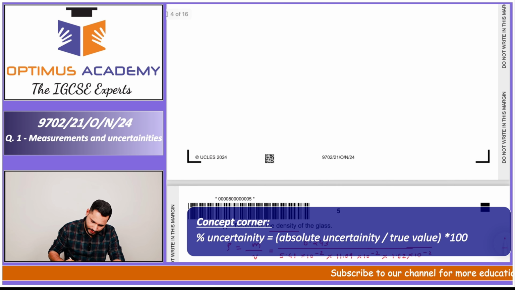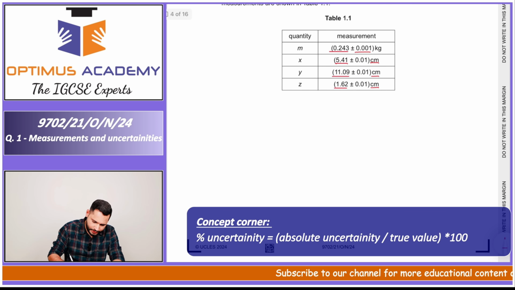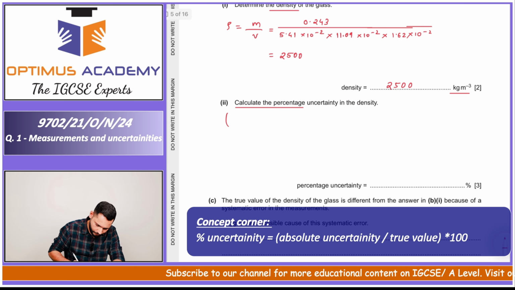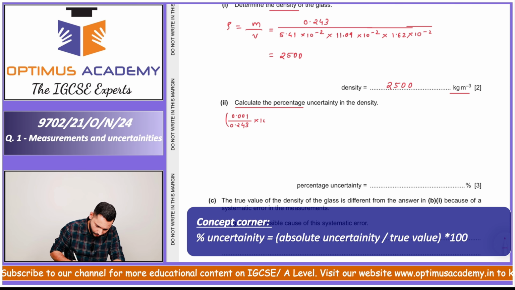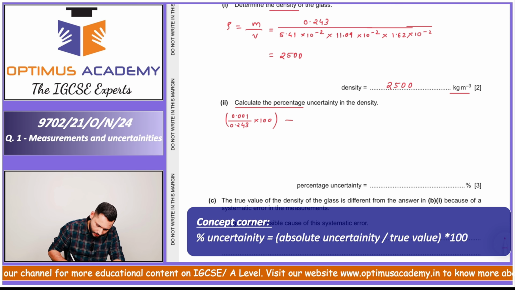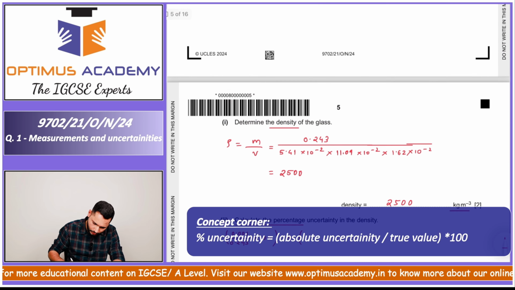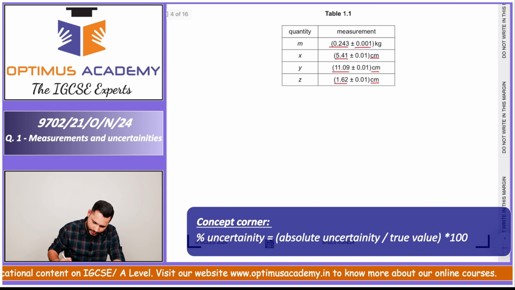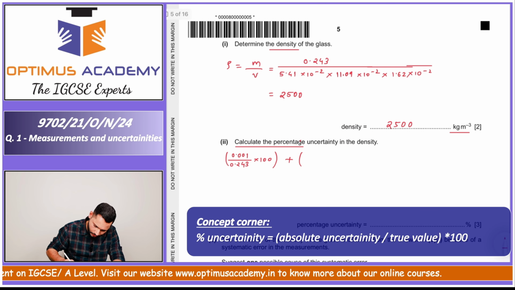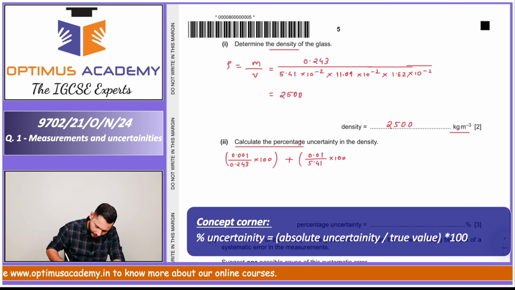So for mass, it is 0.001 upon 0.243 into 100. For x, it is 0.01 upon 5.41 into 100